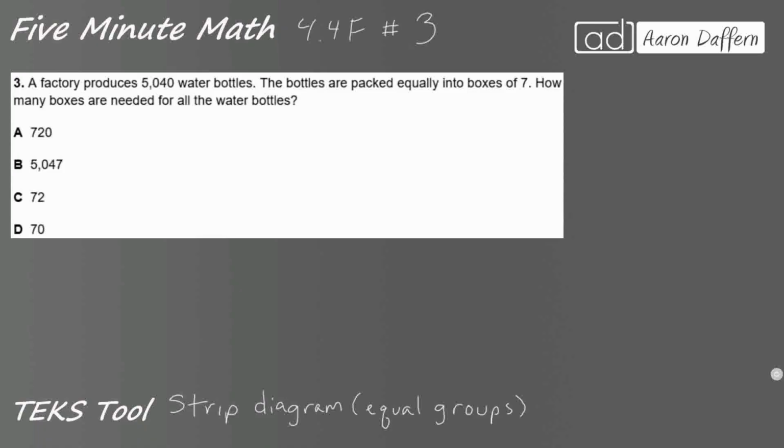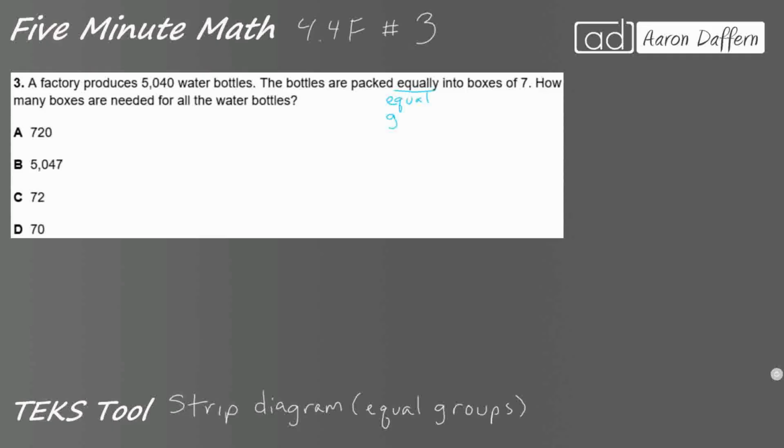So we have a factory producing some water bottles. They're packed into boxes. We need to know how many boxes are needed for all the water bottles. Well, this is going to be an equal groups problem. And as you read the problem, hopefully you noticed this word right here, equally. So when we are packing the boxes equally, that lets us know that we are going to have equal